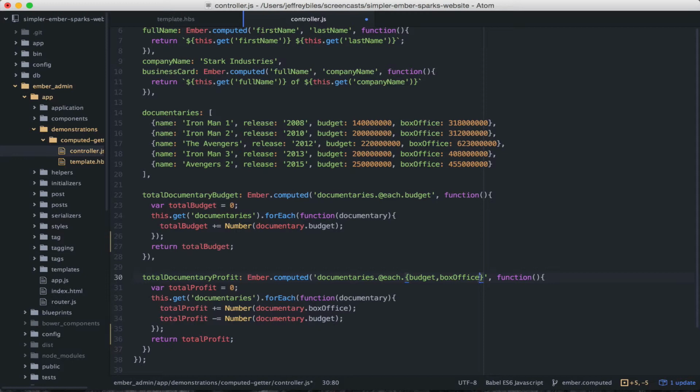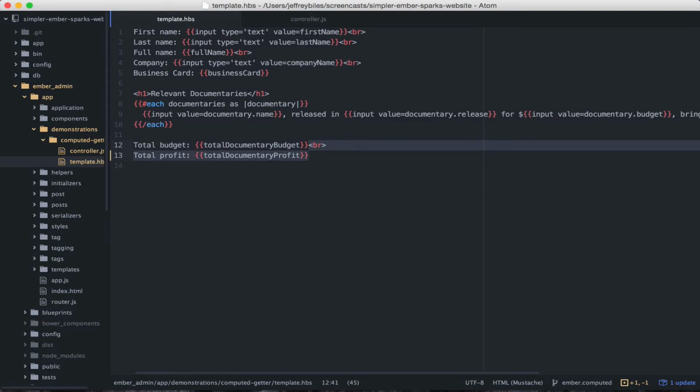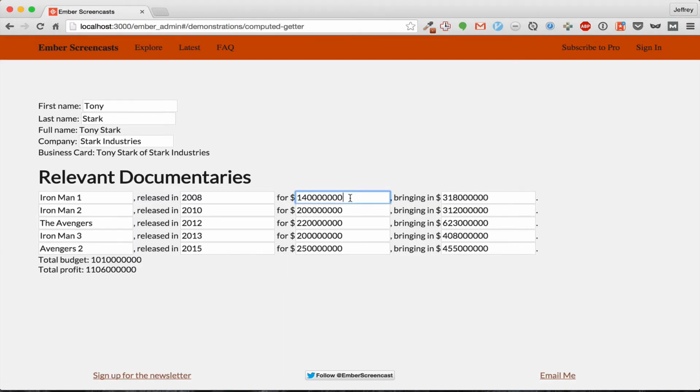And they'll branch off as if you had listed each of them separately. Note that there can't be any spaces, so this would be an incorrect syntax. This is correct. We'll add this to our template, and then we'll see it in action. You can see that the total profit changes whenever we change either the budget